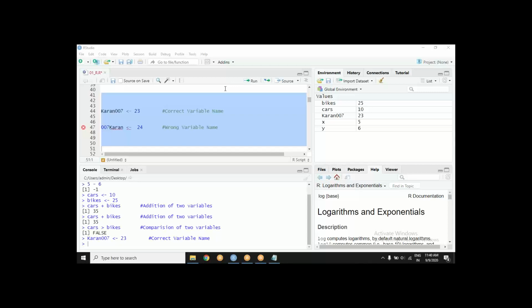Then something I'm dropping in the chat box. Here in the chat box, run it one by one and see what's happening.